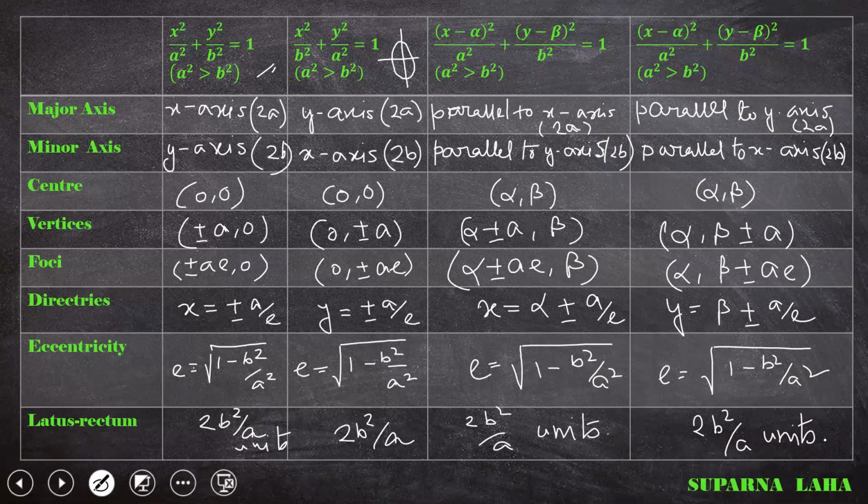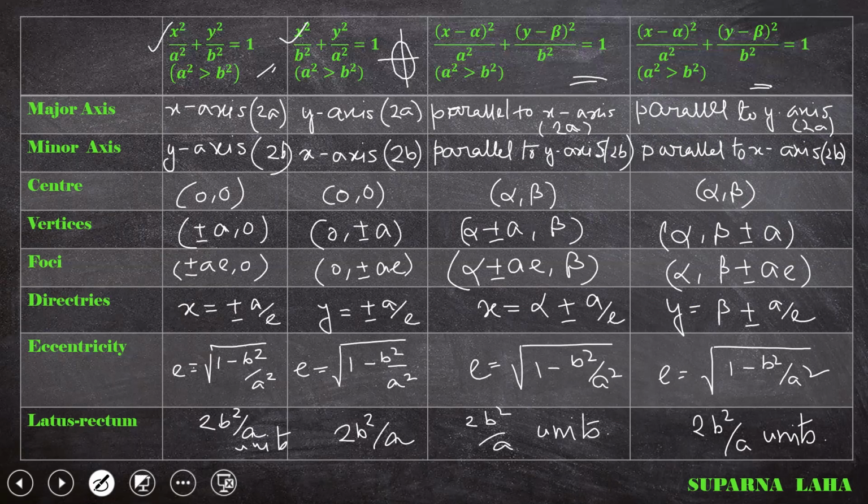Okay, so this is the information about the four equations we used here. Mainly these two equations, that is, the major axis is the x-axis and the major axis is the y-axis. These two equations we mainly use in this type of questions, this type of exams. Not in the 11th question. These two equations are so important, but sometimes we need the other equations as well.